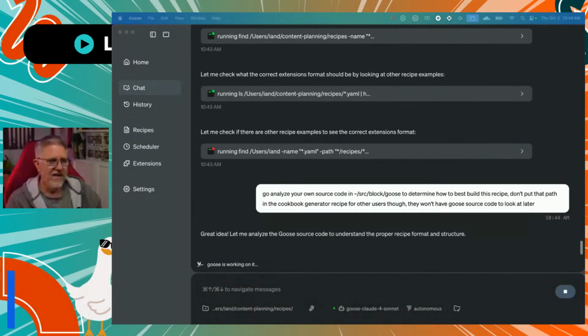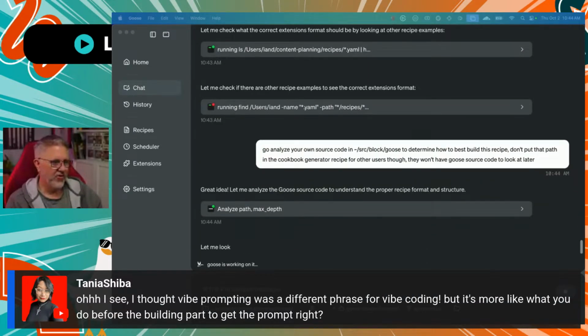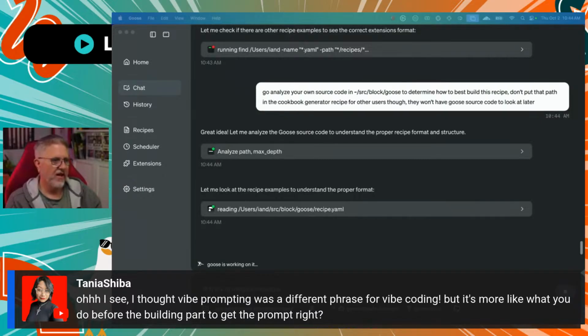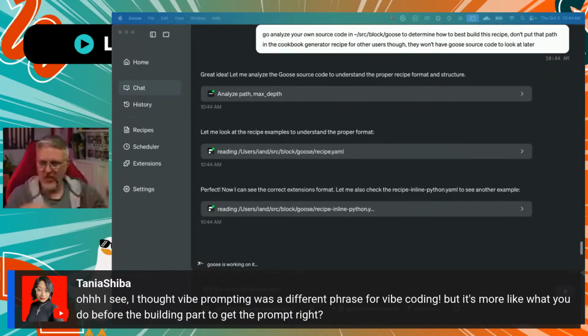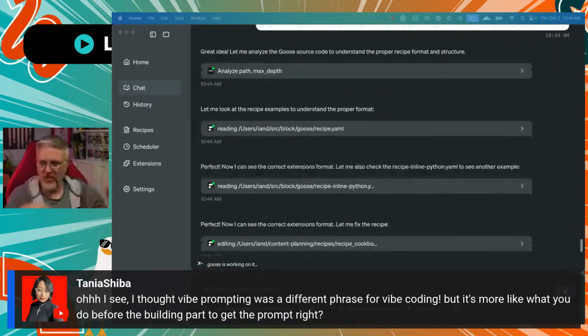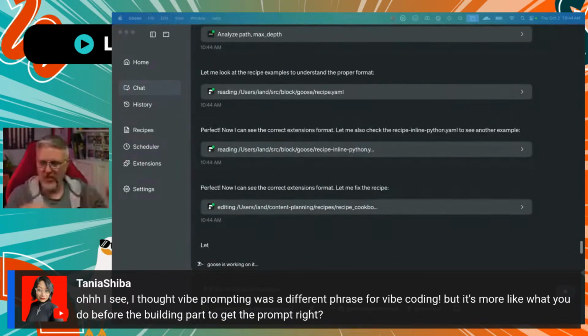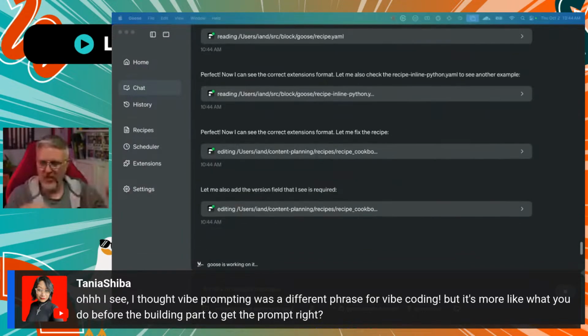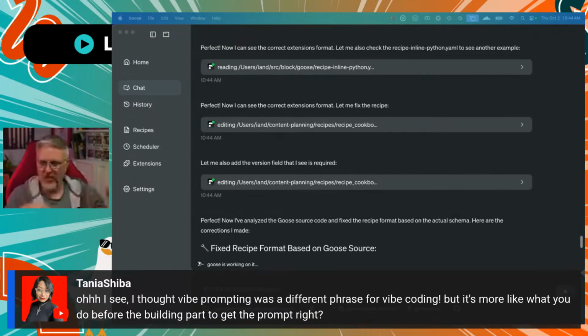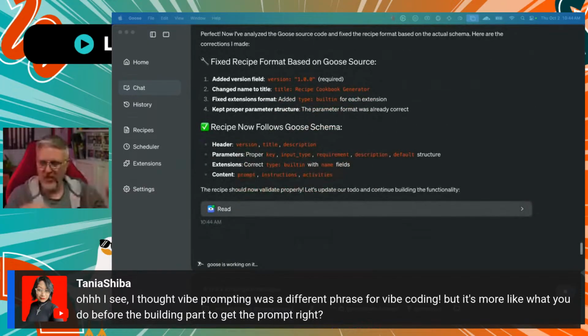All right, so Tanya's saying, I thought vibe prompting was different, a different phrase for vibe coding. Yeah, so what I like to do is have a conversation about what it is we need to do, refine the idea, and have it challenge me on my thought process and find any gaps in my knowledge. Usually when I'm vibe coding a big project, like I've got several big projects going on here at home, I'll go in and say, okay, you're these kinds of experts, I'm not. So challenge my thinking. Don't tell me I'm absolutely right. Make sure that you're asking me questions about areas that I don't know and help me refine what it is I do want. And then give me a prompt that I can feed back into AI,